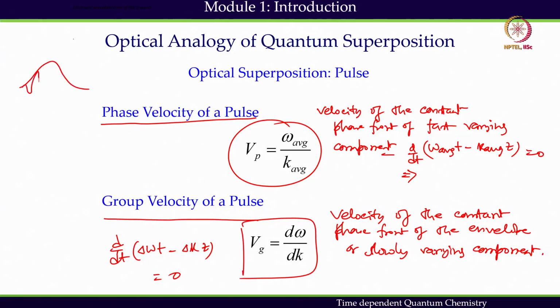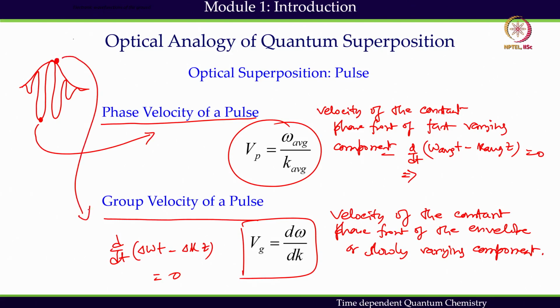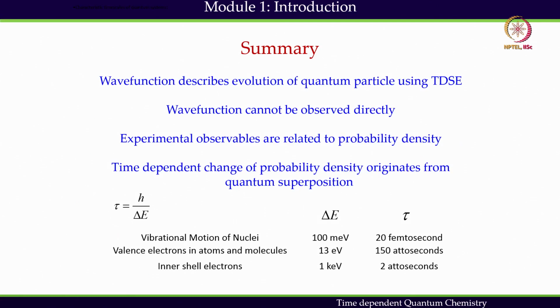So, I will plot this pulse one more time. This oscillation is moving with the phase velocity, but this one, which is part of the envelope function, is going with the group velocity. Collectively, what is the velocity they are moving forward with? Individual average components, how they are moving forward. So, these are the two components. It is very important and we will be using this kind of concept very soon in wave packet dynamics in the later modules.